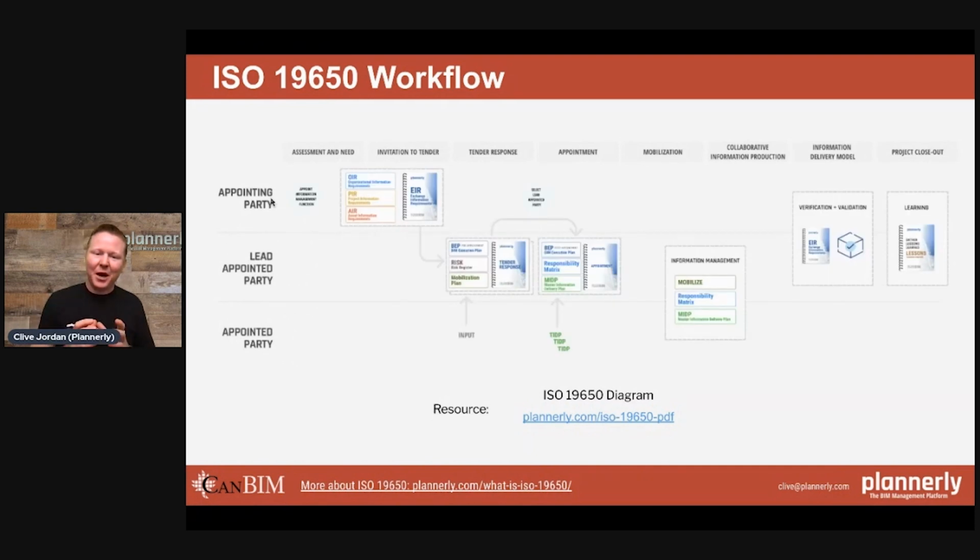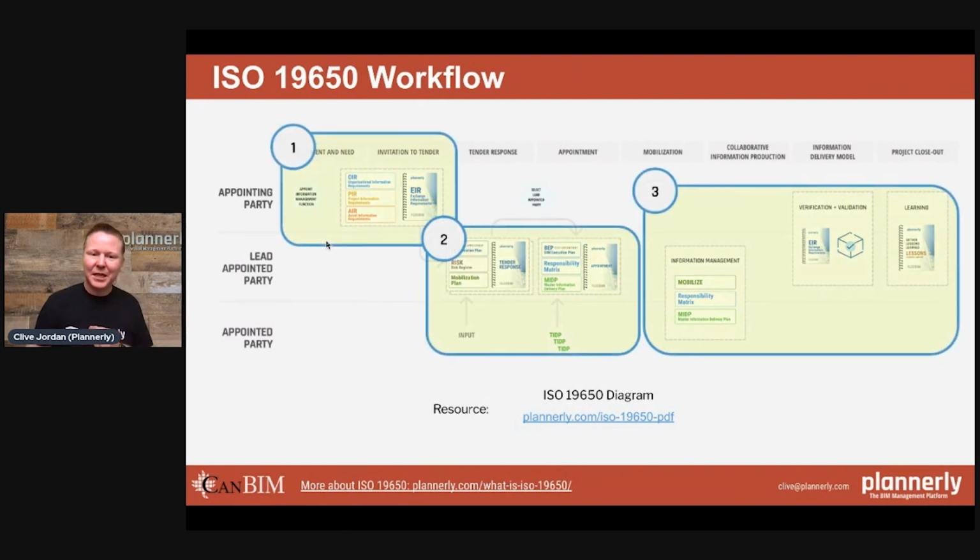Overall, I'm going to share this workflow in 3 main steps. The first one is defining the requirements for tender. The second one is responding, evaluating, and appointing somebody, so actually contracting. And the third one is, if you're on the call and you understand BIM, I'm not going to share how to create a model or how to use ArchiCAD or Tekla or Revit.